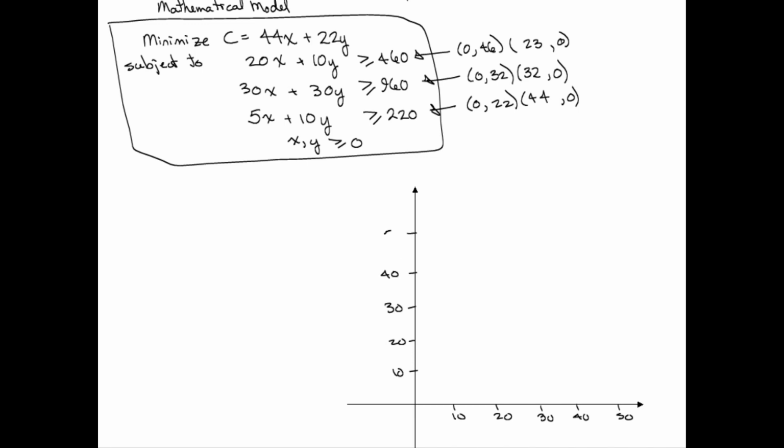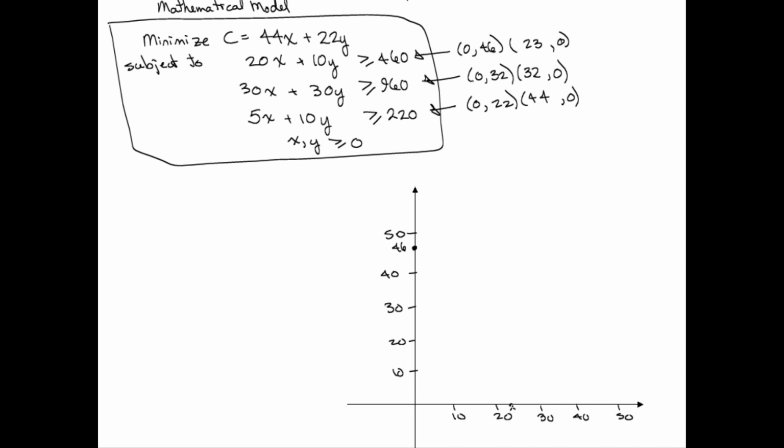40, 50. Okay, we'll put our individual x and y intercepts in and just be sure we label them carefully. Since we don't have tick marks for everything, we look at the first one. We have 0, 46, so that'll be about right here. So I'll label my point 0, 46,